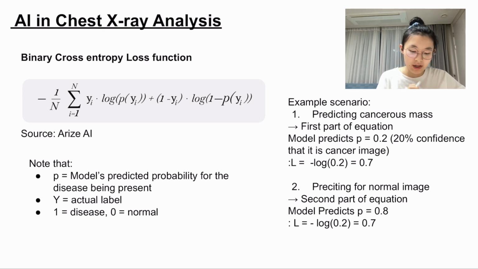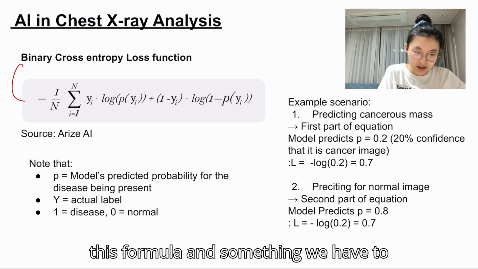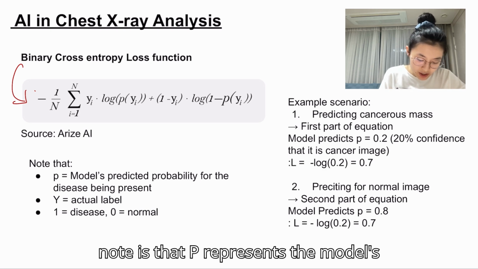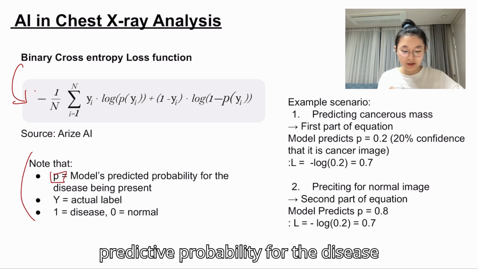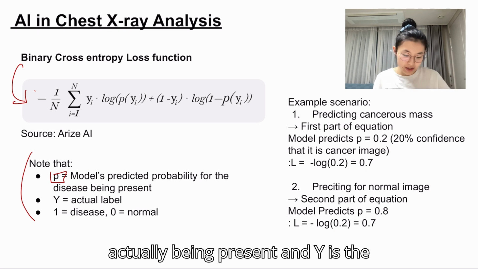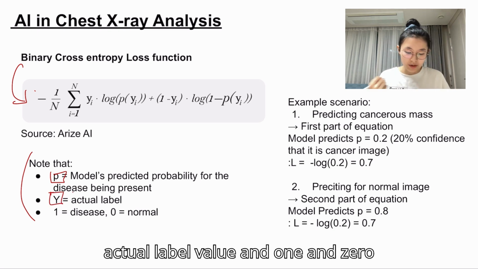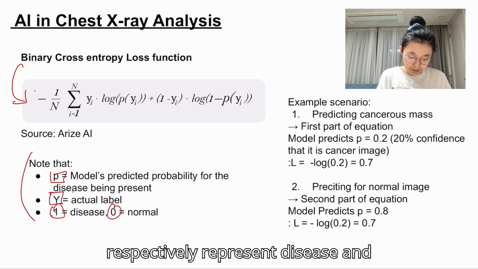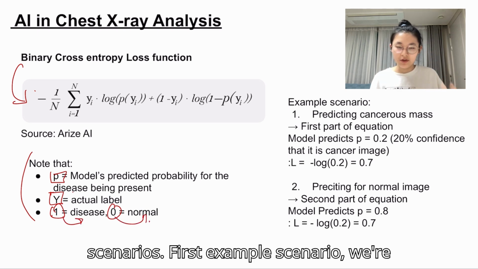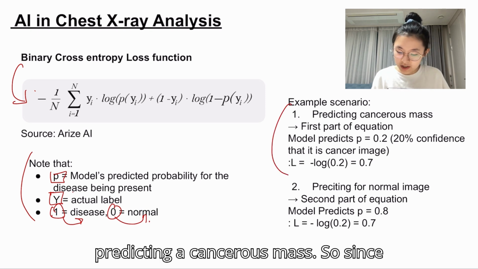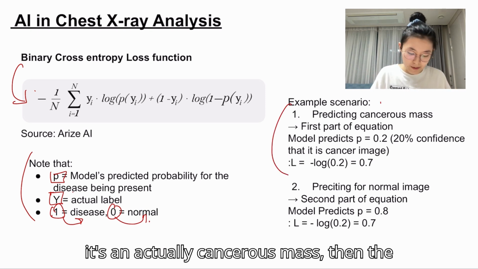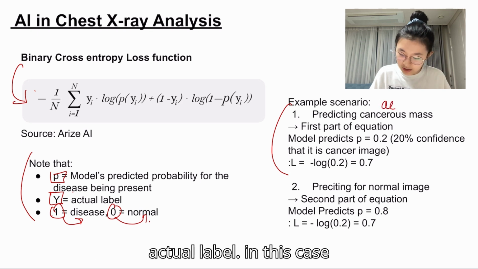Now, the binary cross-entropy loss function is computed using this formula, and something we have to note is that P represents the model's predicted probability for the disease actually being present, and Y is the actual label value, and 1 and 0 respectively represent disease and normal. Now, let's look at two example scenarios. First example scenario, we're predicting a cancerous mass. So, since it's actually a cancerous mass, the actual label in this case